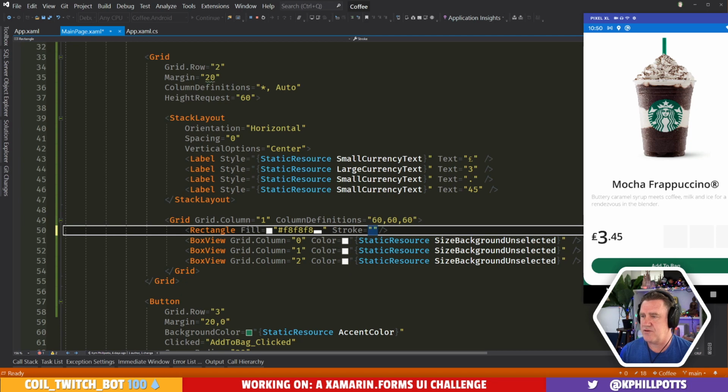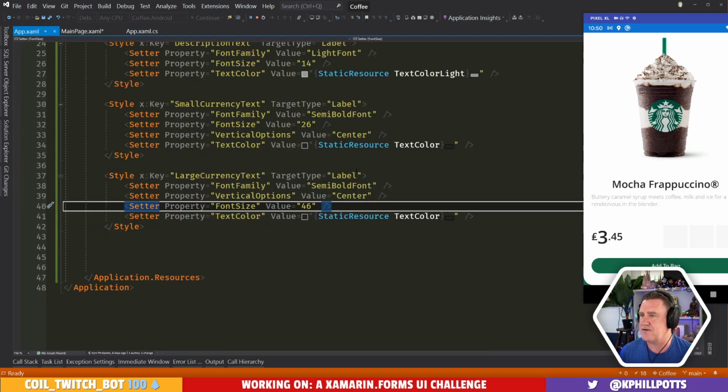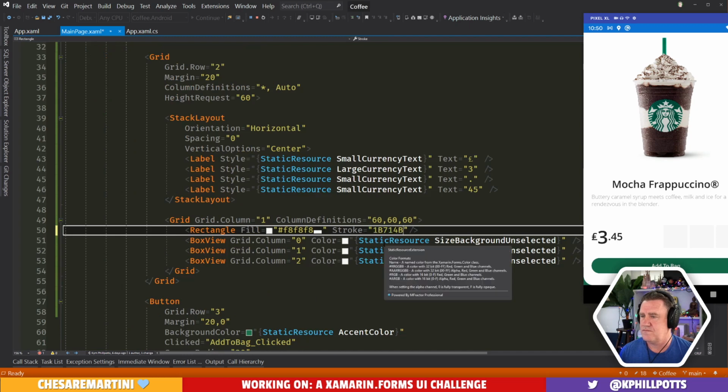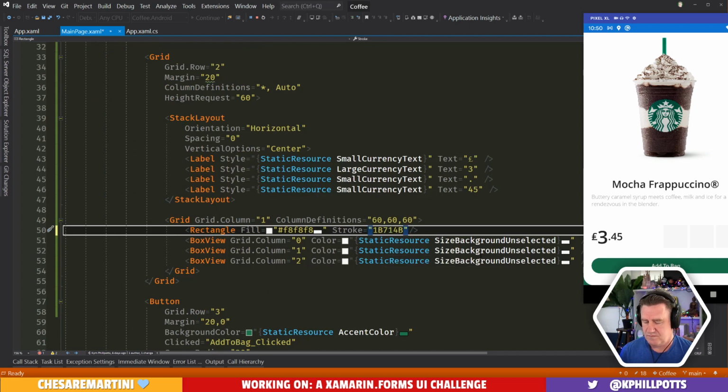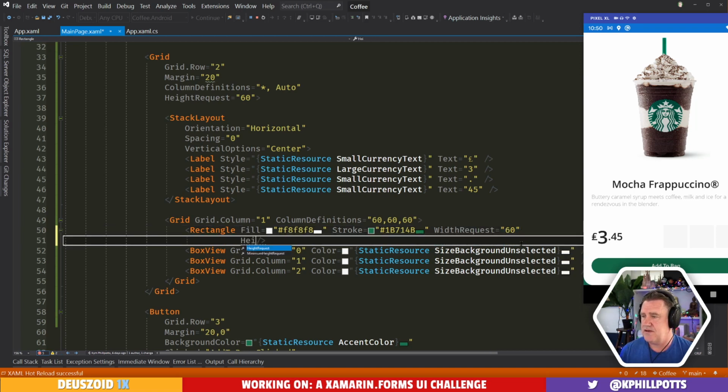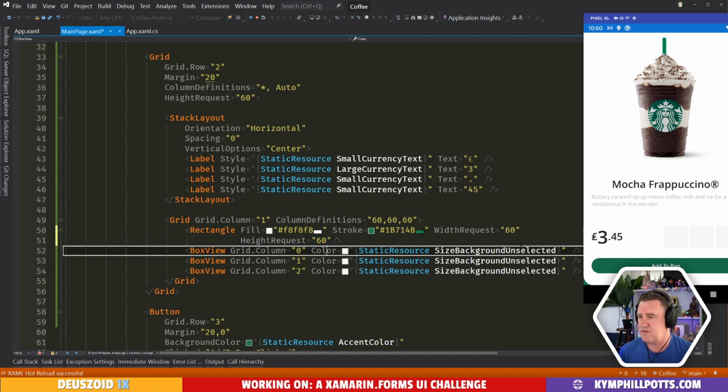Let's say our stroke is, I think I'm going to have to use these colors directly, actually. All right, let's try this. Let's give it a width request of 60 and a height request of 60. Of course, this one here is actually going over top of it, so let's get rid of that one.